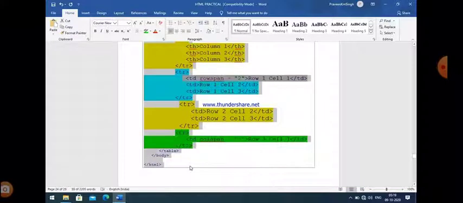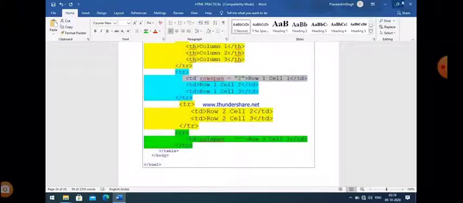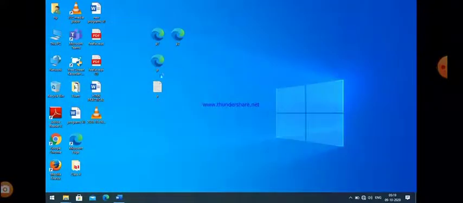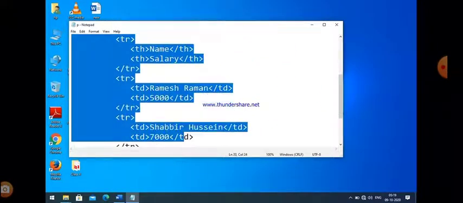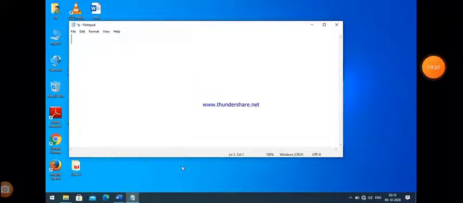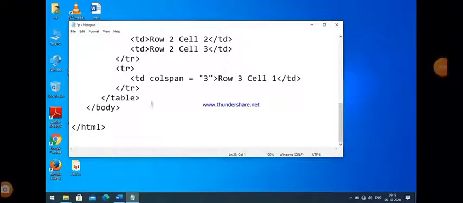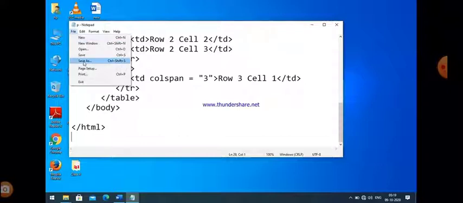Now let us execute this program. It will give you a clear idea how row span and col span work. That is our original program, the previous program.